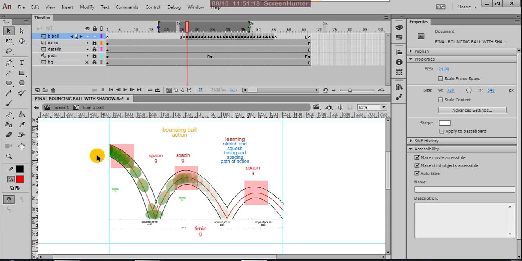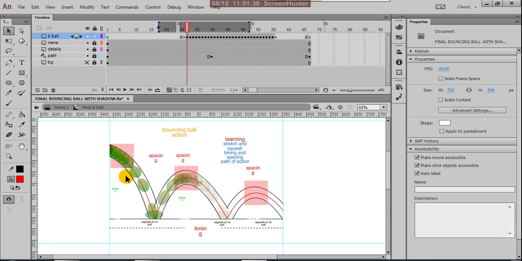So how much time it takes to enter and to leave this room is called the timing of the action, the timing of the bouncing ball.